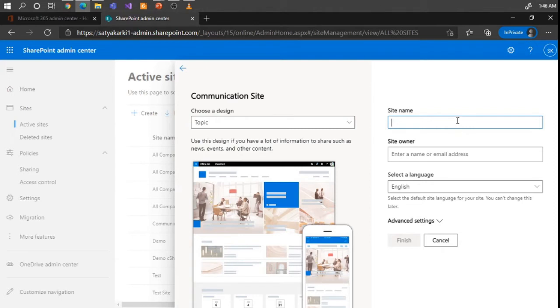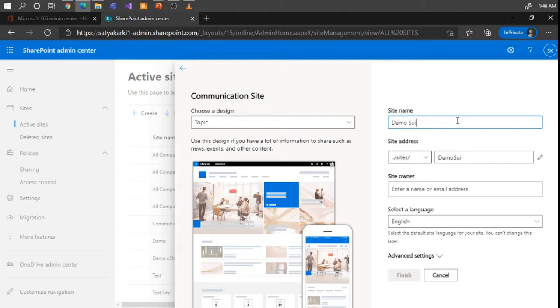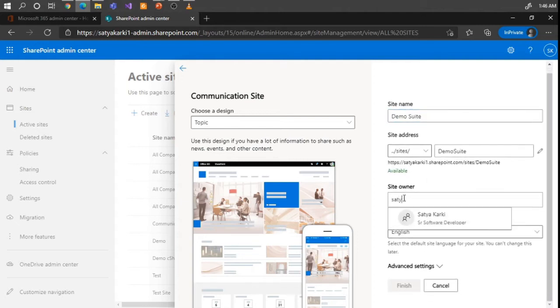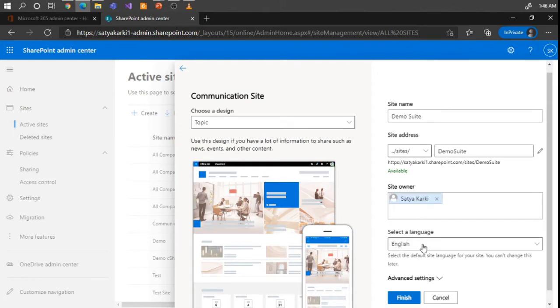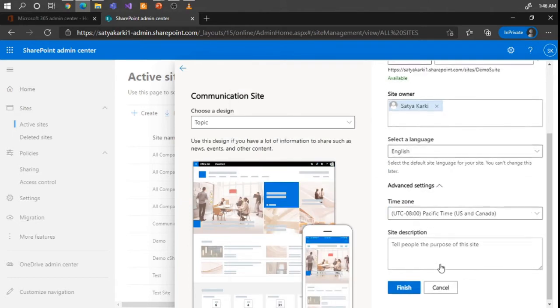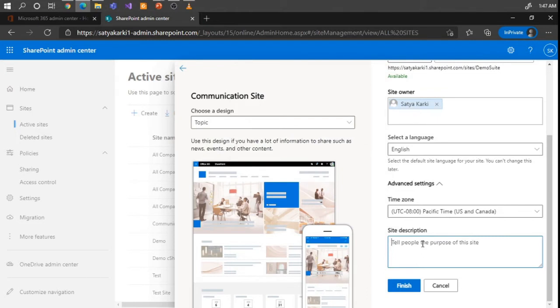So I can create one demo site, and then I can choose the owner, and then the default language. If you want to create the site collection in a different language, you can choose it from here. Some other advanced options, like time zone, you can define from here. Which time zone you want, you can choose it from here. You can give your description